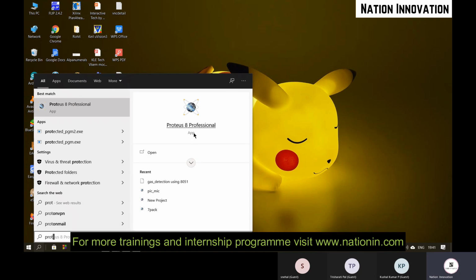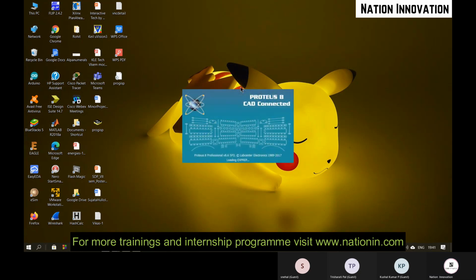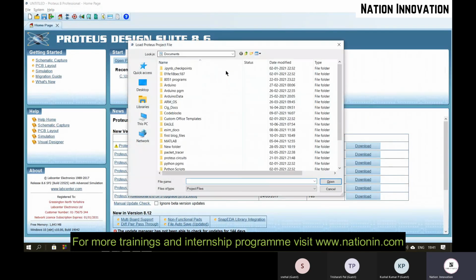This is the Proteus 8 Professional version, which I have downloaded. When you go to open circuit or new circuit, I will just select one and show you how the circuit looks here. Okay, select the component.